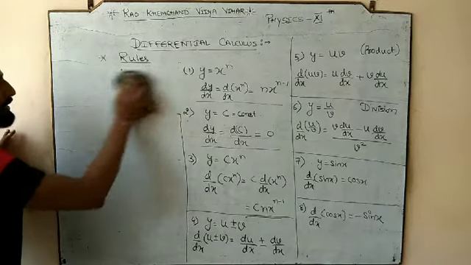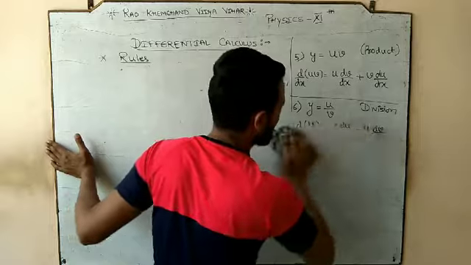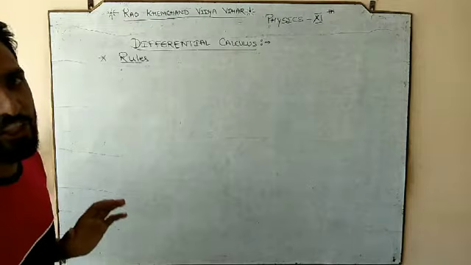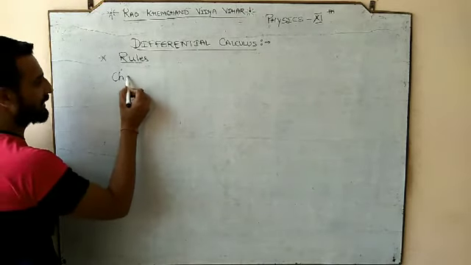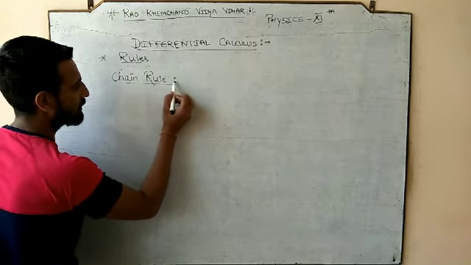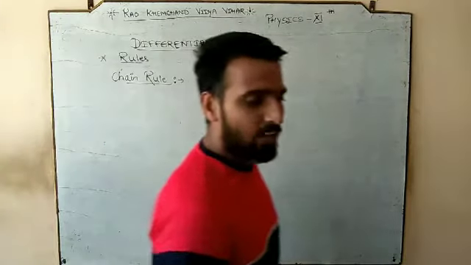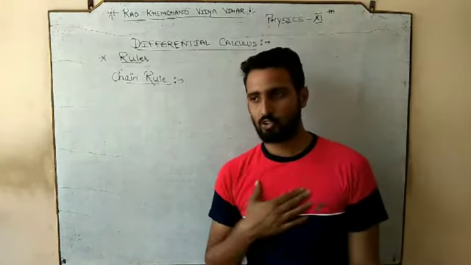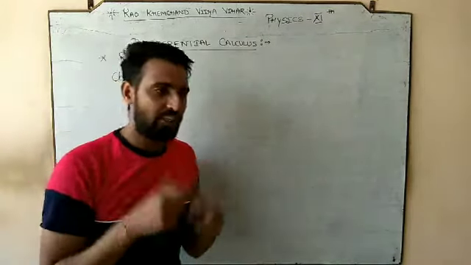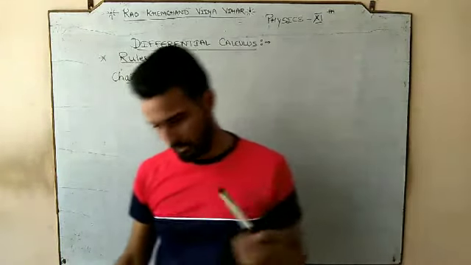Done? Okay, now after dealing with all these rules, here the one important rule that I want to discuss with you, and that rule is called chain rule. Okay, so let's talk about this chain rule. When we are going to discuss the chain rule, it gives you an idea about the links. जैसे इसका नाम ही है chain, and chain, how the chain is framed, one link is connected with another, and that is connected with the next one.